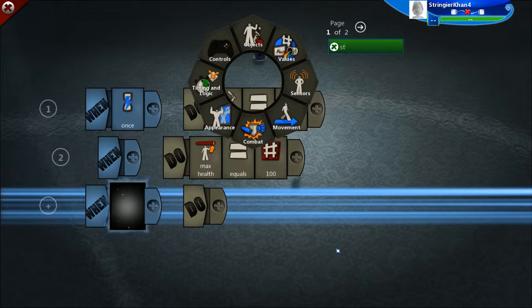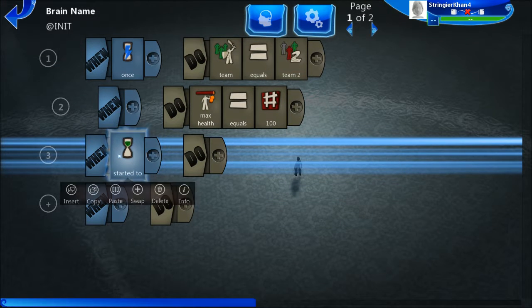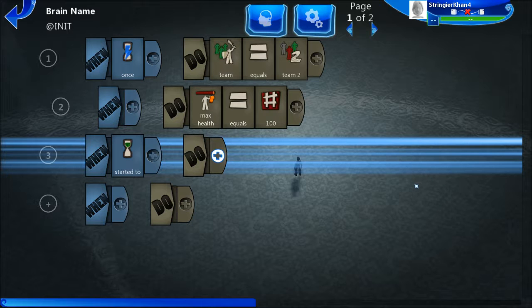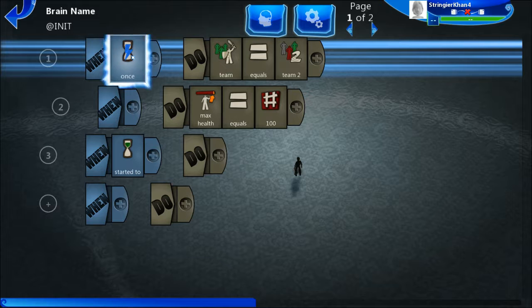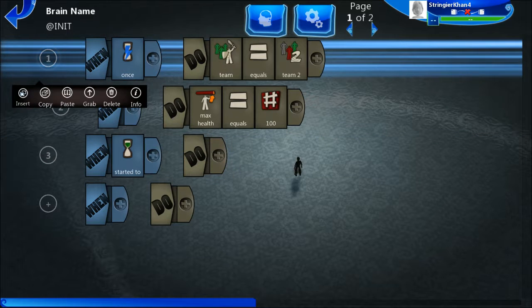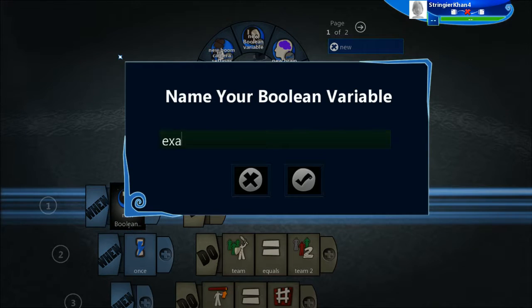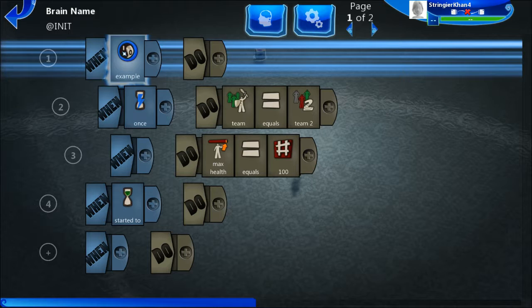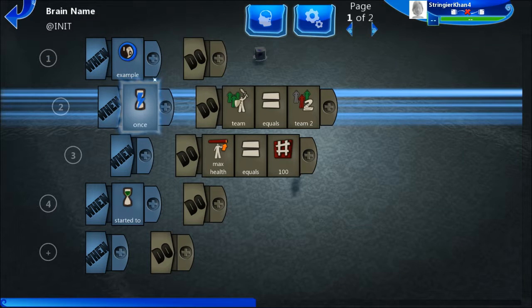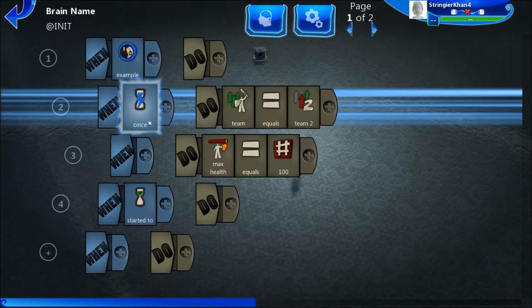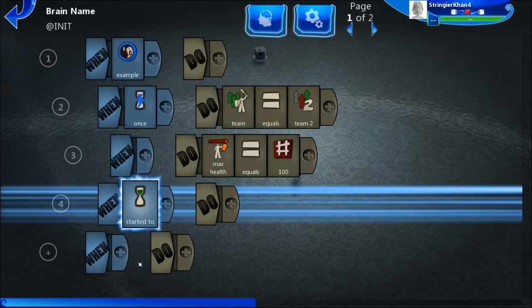Next we have started to. Started to is similar to once, but not the same. Once only runs once as soon as something is triggered. So if you say when new boolean here, when example boolean is set equal to true, the first time that it is, and only the first time, this will run. If we use started to, it is similar, but it will happen every time that it is set equal to true. So when this is set equal to true, both of these are going to be run. So started to do